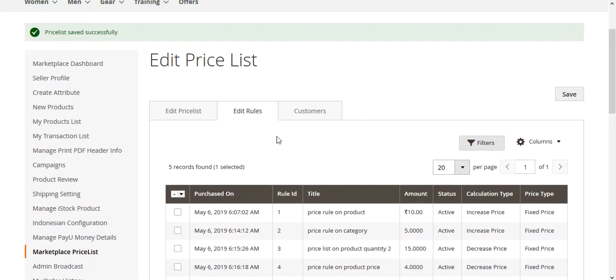So now what I'll do is I'll go to the front end. I'm already at the front end, so I'll be purchasing this particular product, and let's see whether this particular price rule applies on the product or not. So let's see what product we had. So I'll just navigate to manage price rules,